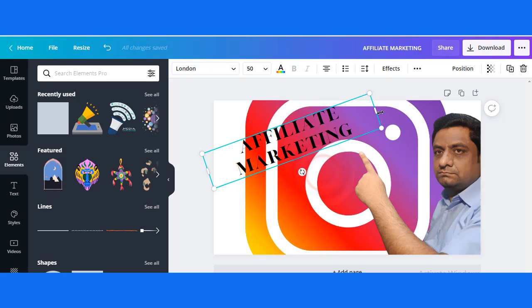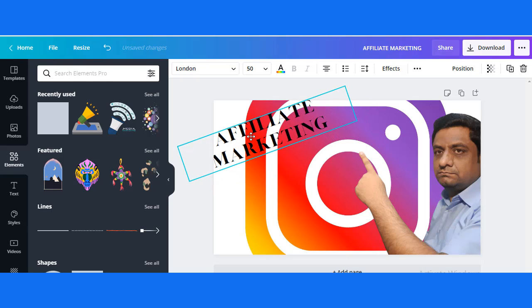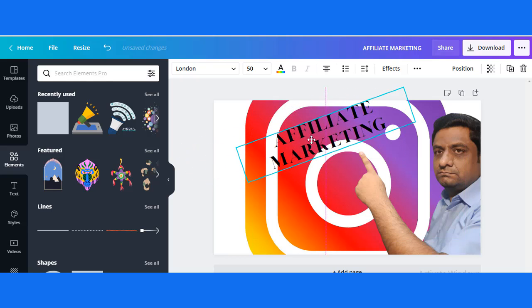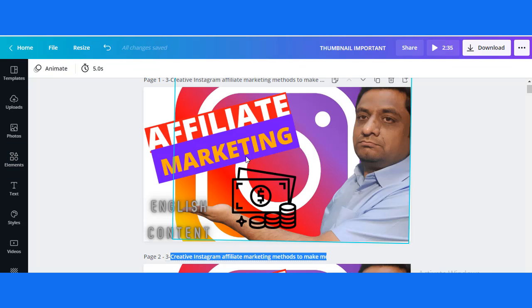Okay, now it is present here. If I want to move this, I will simply select it and put it here. For example, because my hand is here, I can put it here. Now you can see that I am using a slightly different approach, so it is slightly different